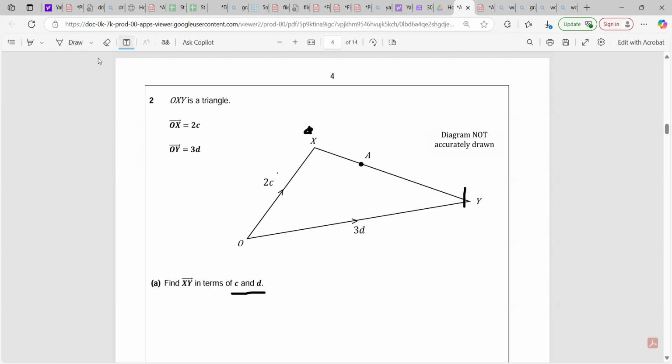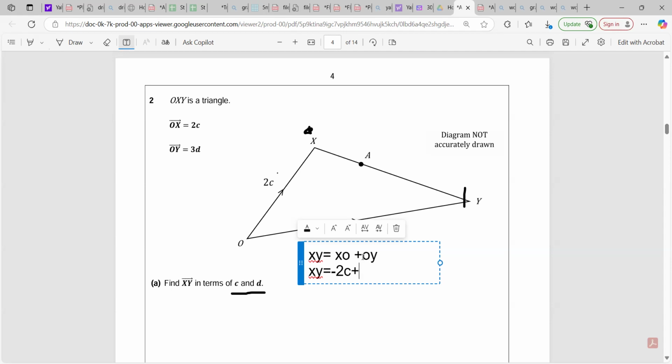So from X to Y, we're going to go XO first, right? And then we add OY. Remember when we just started, we said that a vector must have two things: direction and a magnitude, or size. So what's the value of XO? Since OX is equal to 2C, that means we're going against the arrow with XO. So it would be minus 2C